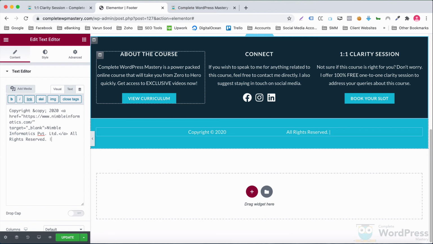After this text, I'll insert a pipe symbol and have the other two hyperlinks for privacy policy and terms of service.